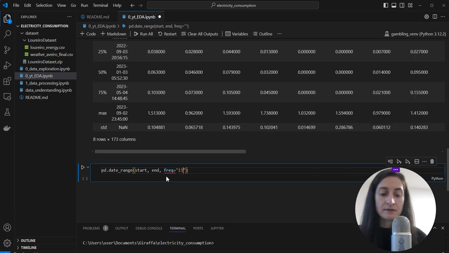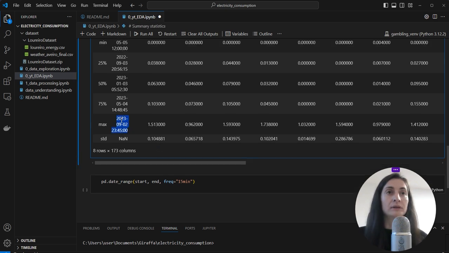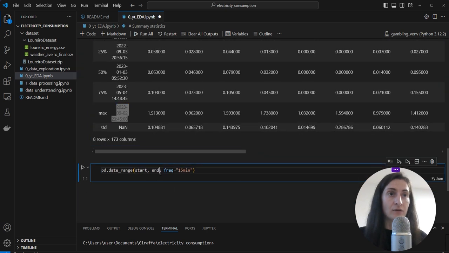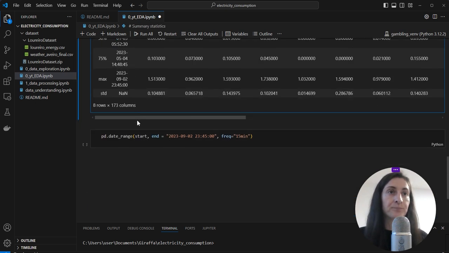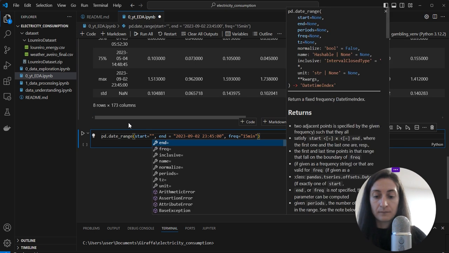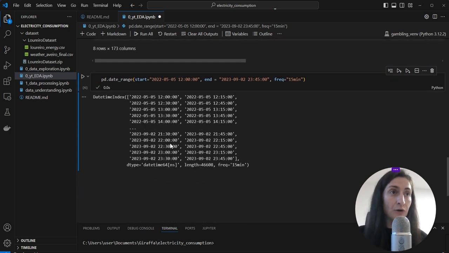So the frequency, I know it's 15 minutes, and then the start and the end date, I just take from the summary statistics, from the describe table. I will use these commas, and then the minimum is going to be the start date, and put that in quotes. So now if I print the output, I see that I have the full range of dates at a 15 minutes interval, and the length of this